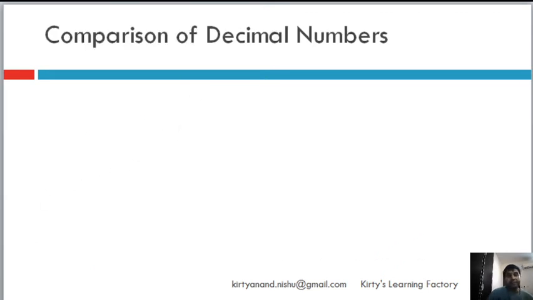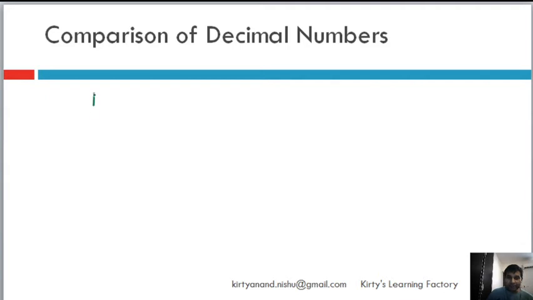Comparison of decimal numbers. How easy. We have already learned about comparison of normal numbers. It is the same, guys. Same method. We compare number by number in the places, whichever number is larger is basically the larger number. Didn't understand? Okay, let me explain. So generally when we compare numbers, what do we do?